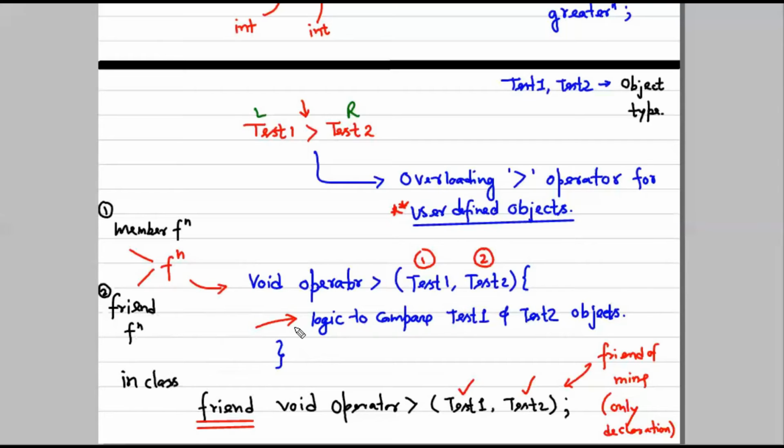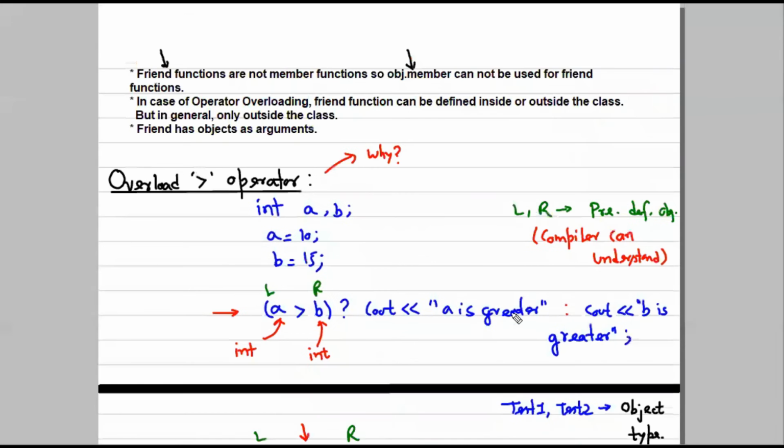So we will declare it a friend function, and we only define it once, okay, and it will be used many times, because it would be the friend function. If it is a friend for 1000 classes, it means 1000 classes are giving the authority to this function that you can access the private data of those 1000 classes. It means the same logic can be executed for 1000 classes. We don't need to write this logic again and again. So this is theoretical. Let's discuss it in a practical way so that we can understand.